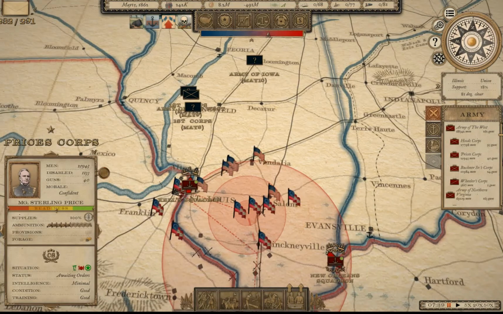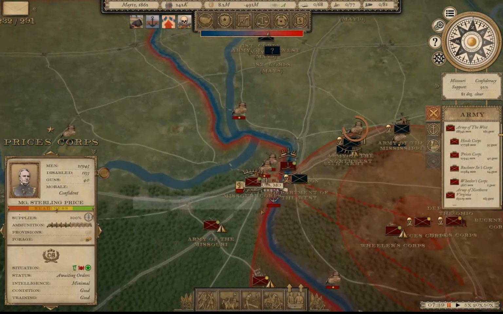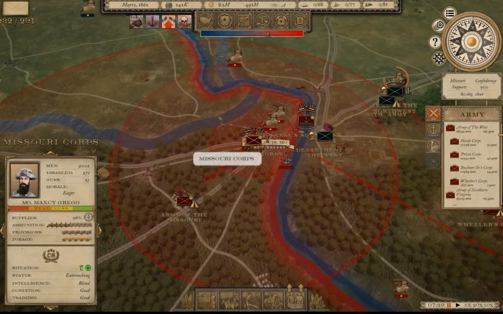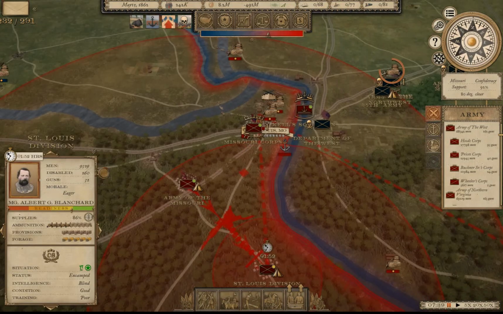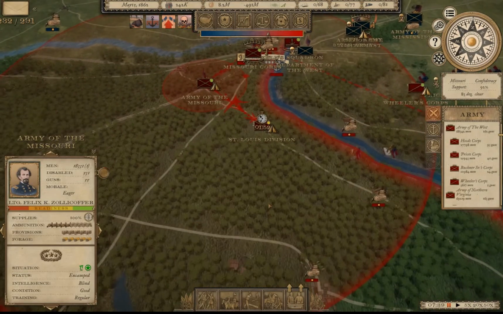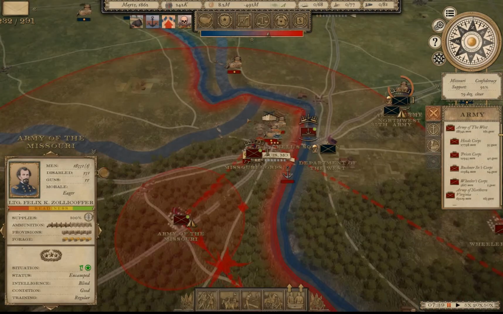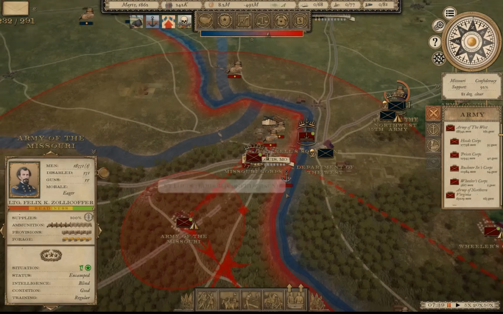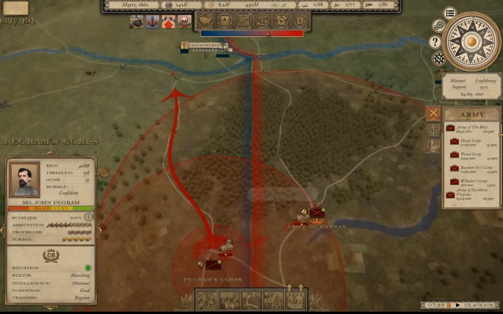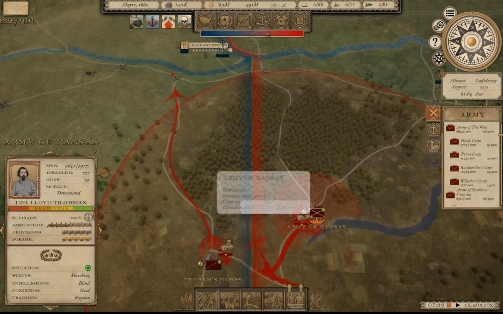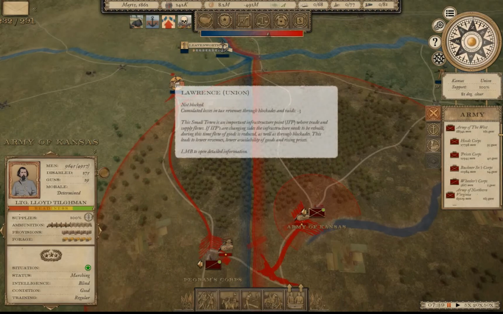We have two retreating Union corps that we just defeated at the Battle of Salem. St. Louis looks relatively secure. We probably should have been building a fort all along. We'll call in Blanchard, too, to the Army of Missouri. We can start building some forts along the Mississippi to de-incentivize any Union crossing there. We have our movements of the Army of Kansas making for Lawrence,